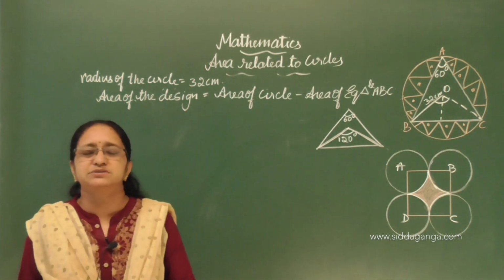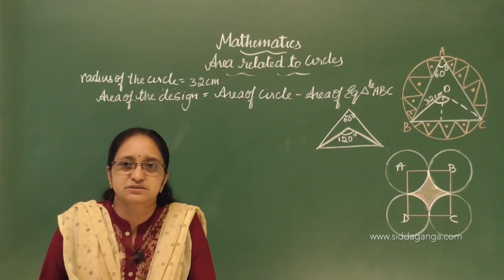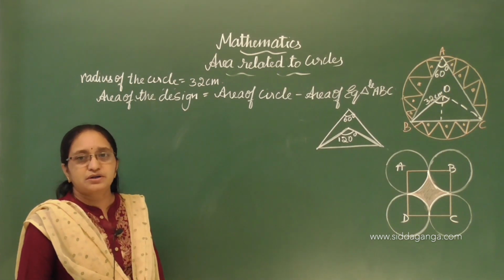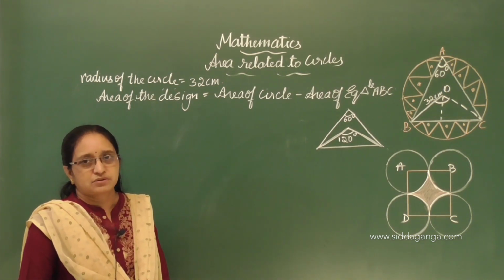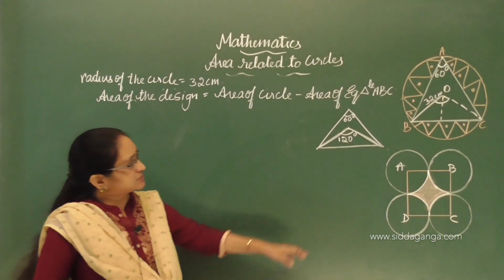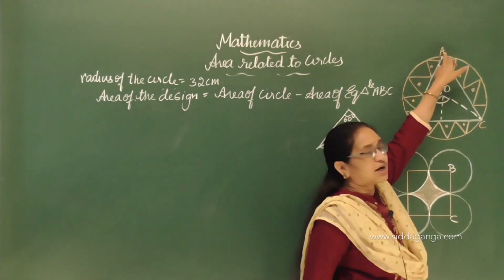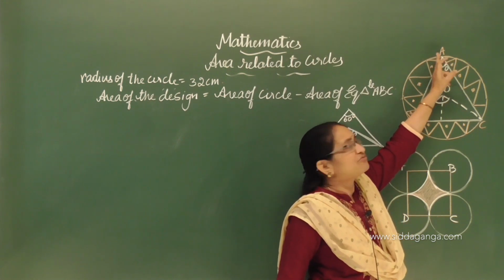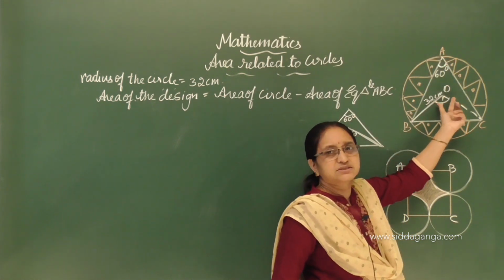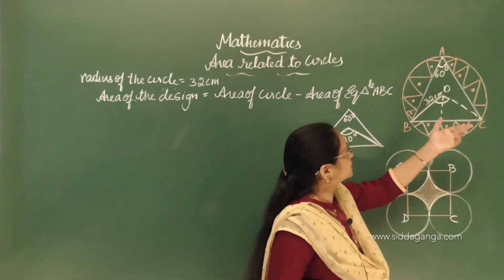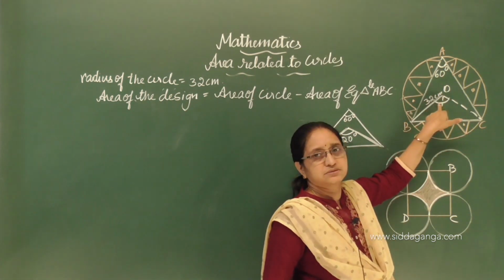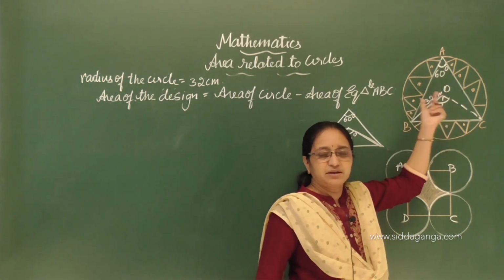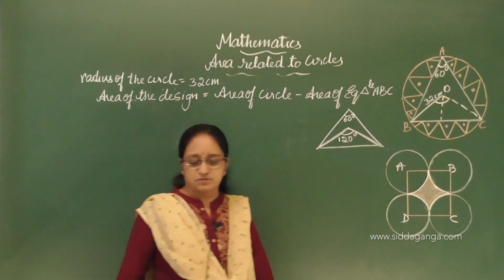Try to recall the concept which I have studied in the earlier classes. See, the angle subtended by the same chord at any part of the arc will be half of the angle subtended at the center, or you can say like this also, 2 times. So if this is 60 degree, here the angle will be 120 degree, okay.